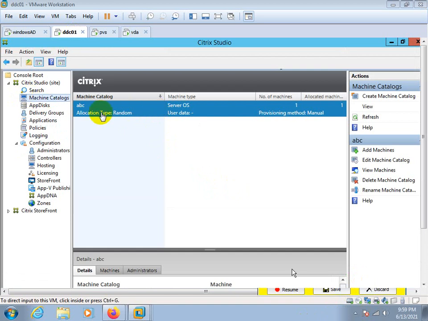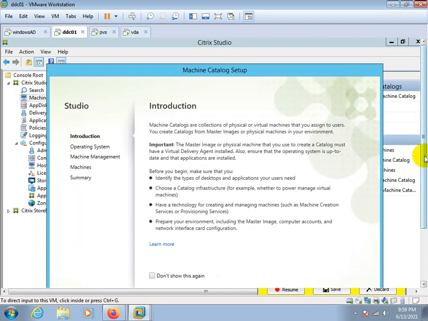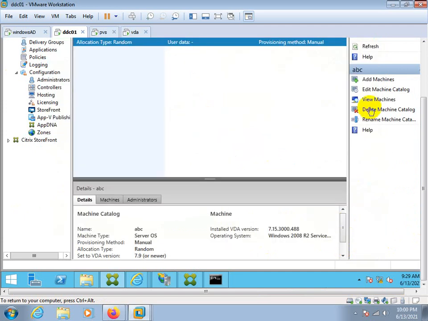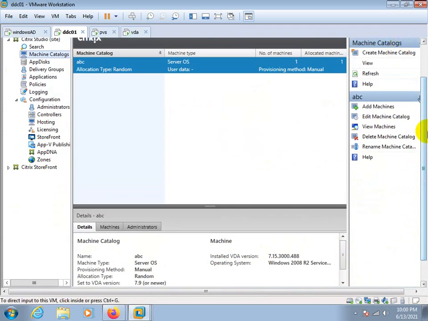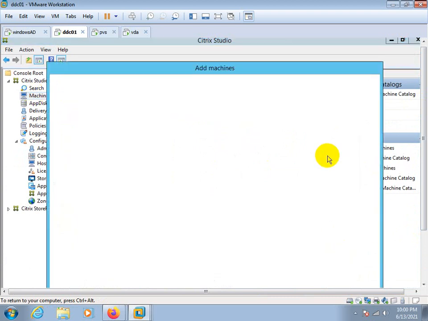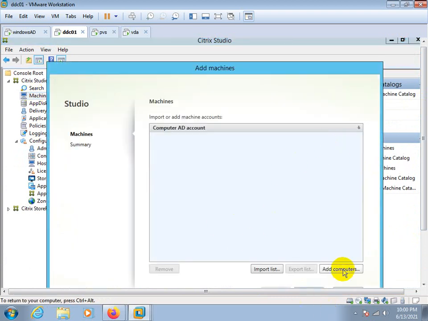Because here only one machine is added. So now we have two more machines, the PVS and VDA. So click create machine catalog. Either I can add machines from here. Suppose you are getting one request to add a new machine in the existing machine catalog. So click on the add,